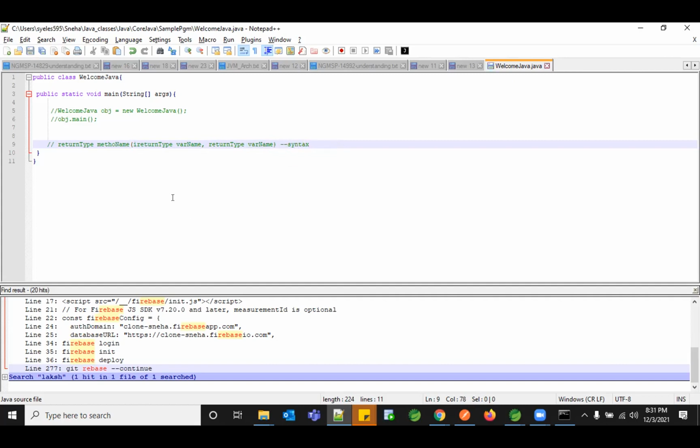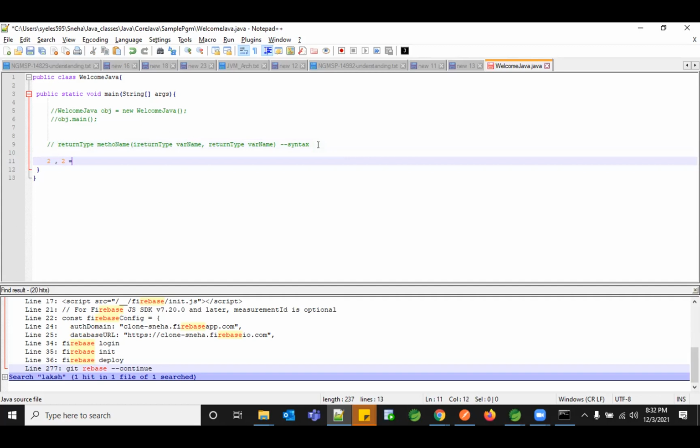Whenever you want to create one, you need to have your return type. I'll tell you what a return type is here. You need to have a return type, a relevant name, and the relevant variable names, followed by the parameters, which can be any number. It is not restricted to one. You can have 0 parameters or 100 parameters. It's up to your logic. But this is the structure you need to use. So what is this return type? If you are doing an addition calculation, you have 2 and 2 as your input, right?